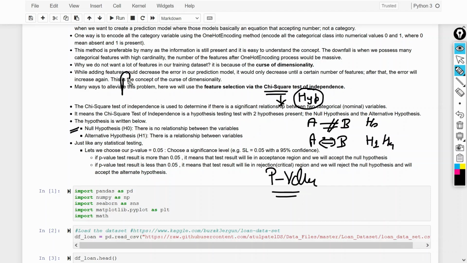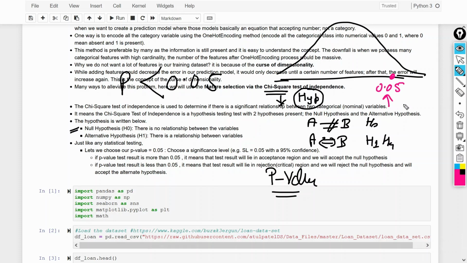If our p-value is less than 0.05, as you know, this is the distribution of the data we have. If the p-value is 0.05, it means this is the 95% confidence interval. If the p-value lies in this particular region, then we will accept H1, and if the p-value is greater than 0.05, then we will accept H0.